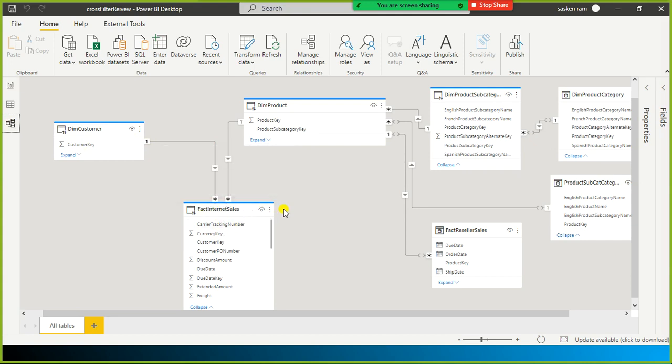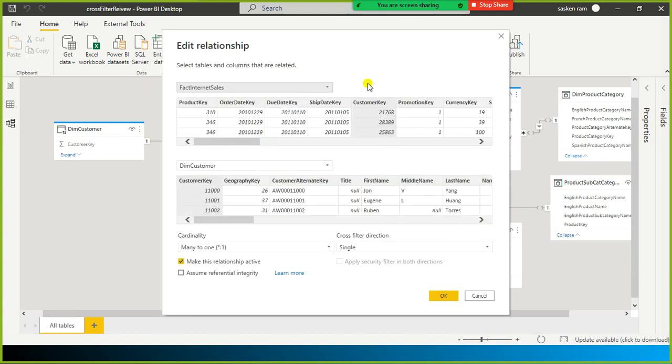In general, in the case of star schema, we will have a fact table. Alongside the fact table, you will find the star, and on the dimension table side you can find one. So that means a one to many relationship. In the case of a one to many relationship, which is the dimension to fact table relationship, the cross filter direction is usually set to single. Look here. So we used to set it to single.